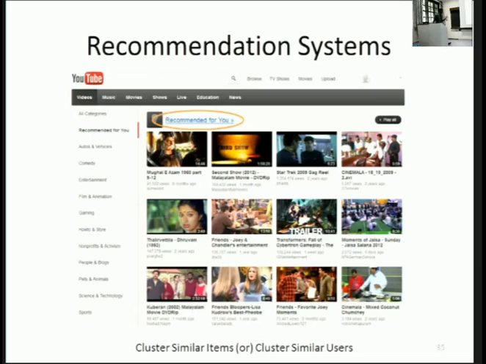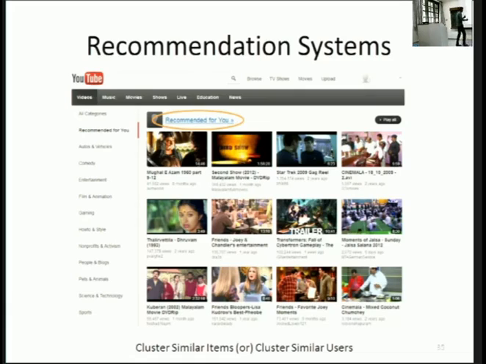You might ask, where does the unsupervised learning come in? The way it does is it clusters similar items, in this case movies or videos, and similar users. Assume that I'm a big football fan. If I'm a big football fan, I'll watch some 10 football videos. What it does is it figures out which videos are generally seen by the same people. So I'll be part of a cluster of people. That's what YouTube actually does. It figures out there are a lot of people who watch similar videos, and I'll probably be in one of the clusters of football fans. Now if a new video comes up and people in that cluster are watching it, it will recommend it to me.